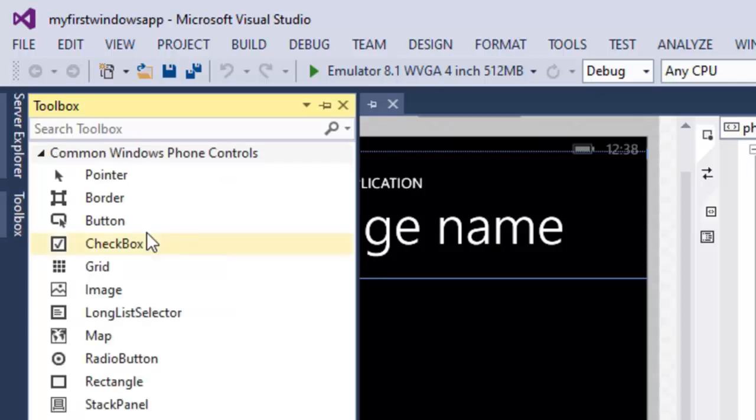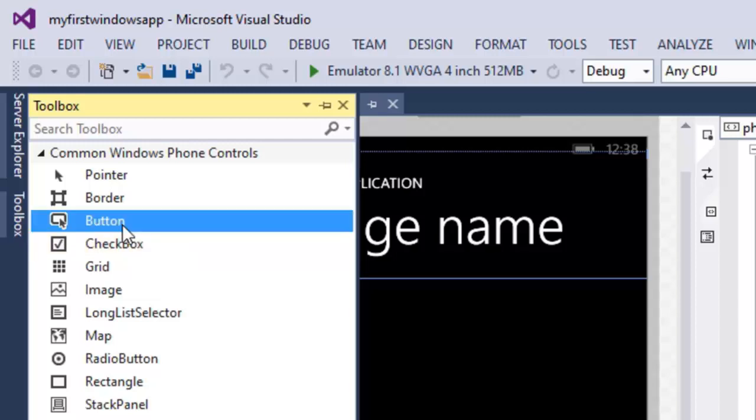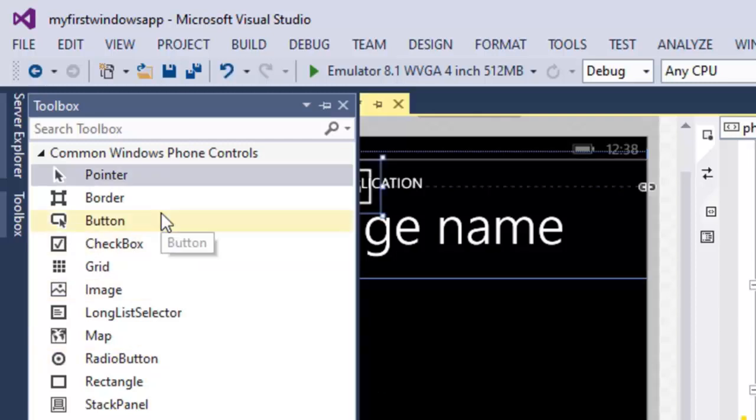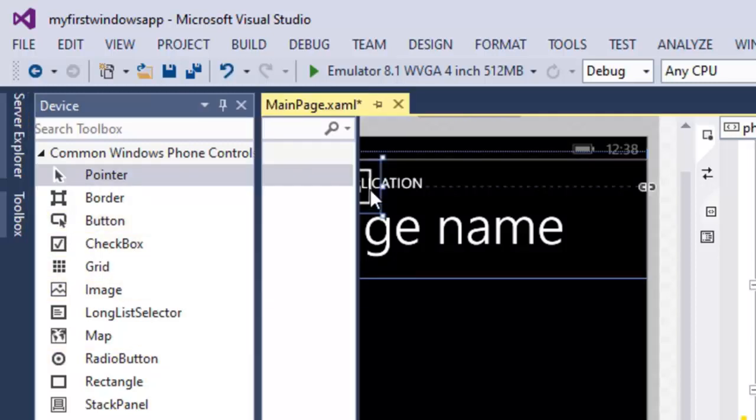Here we are going to design this basic app to print hello world. That means we want to click on a button, and after clicking on the button hello world should be printed. So I am taking button control here. Just double click on the button and the button control will appear on this layout of your device.